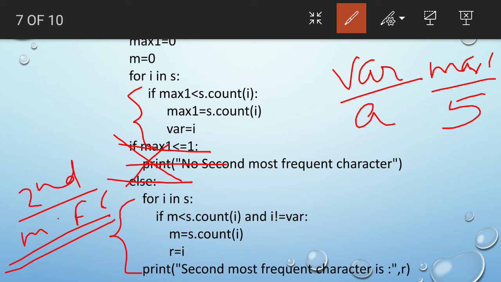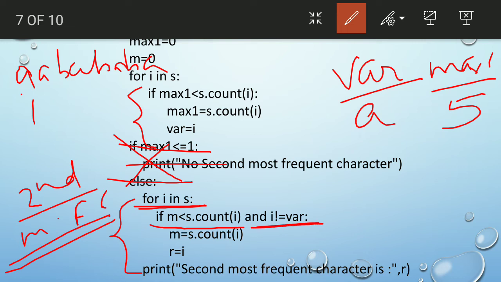So we have taken again the i, means each value a, b, a, b, a, b, a. So i will be each and every character of the string. So if m is less than s.count(i) and i should not equal var. m is another variable that we have taken, which is 0. So is 0 less than s.count(i)?